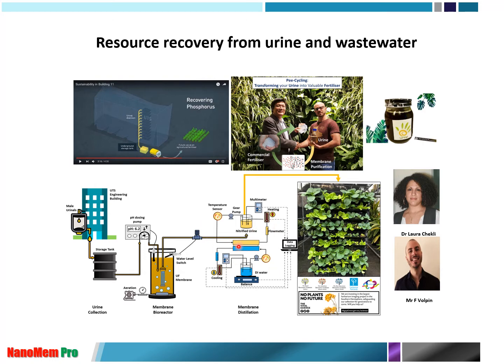And then we utilize the distillation to concentrate our urine, and then we have nutrient, so nitrogen, phosphorus, and ammonia based nutrient can be applied to grow some of our